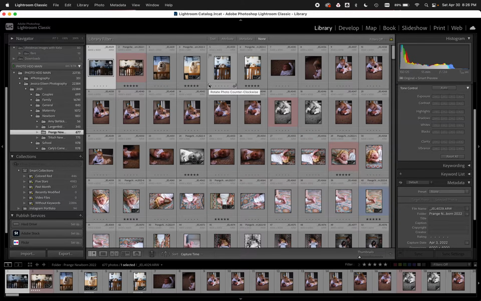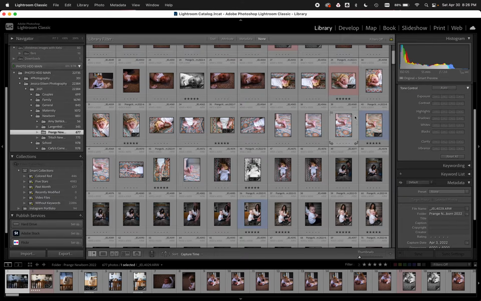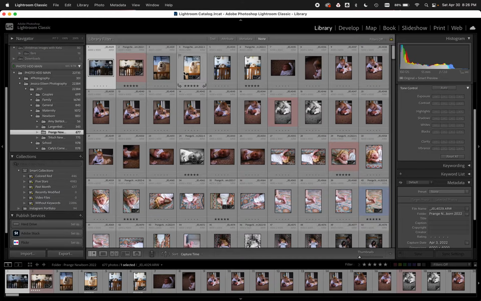All right, so now we're ready for step number 2, which is going to be organize and cull in Lightroom. Before we organize our files, rename them, move them, we definitely want to choose the images we want to keep. As you'll see, I already have some 5-star selected down here and some color labels, right? I've already done that. So I want to show you a quick trick to make sure that when you're culling images, Lightroom is running